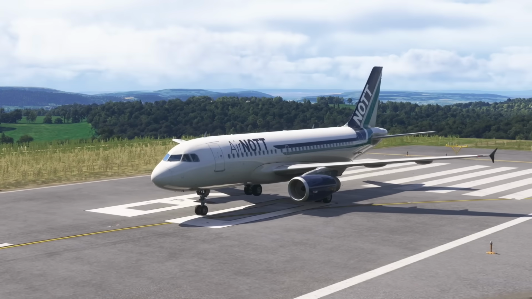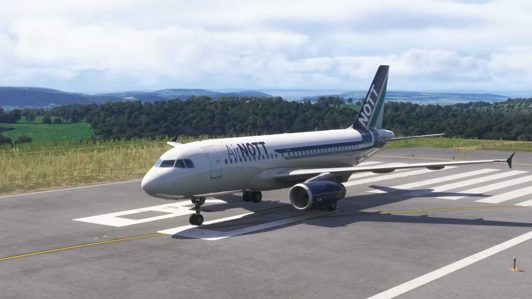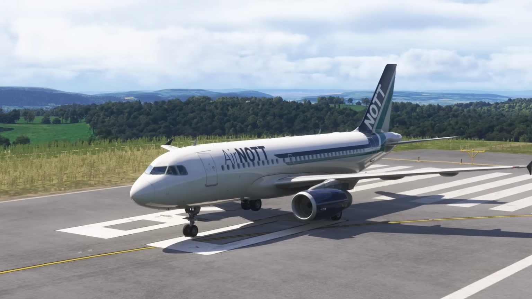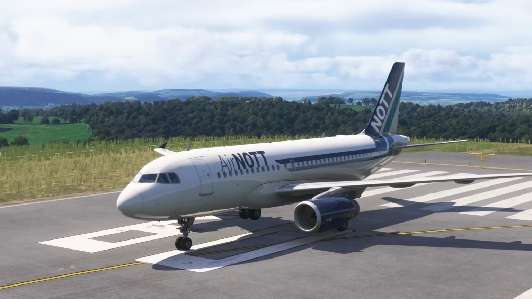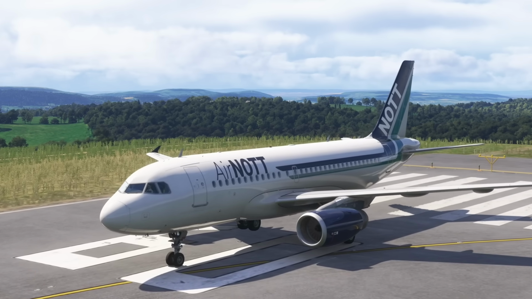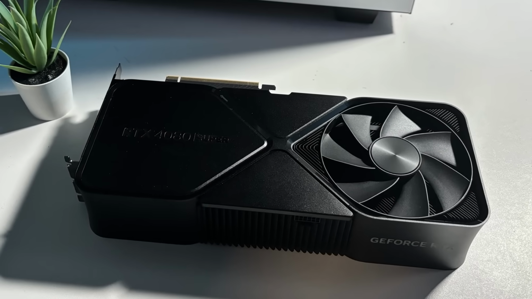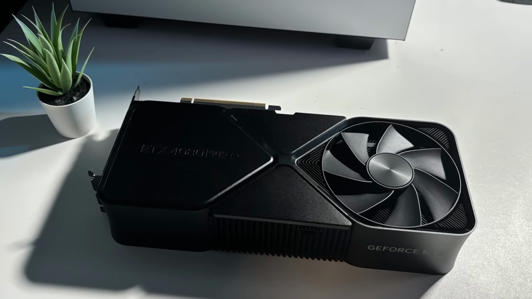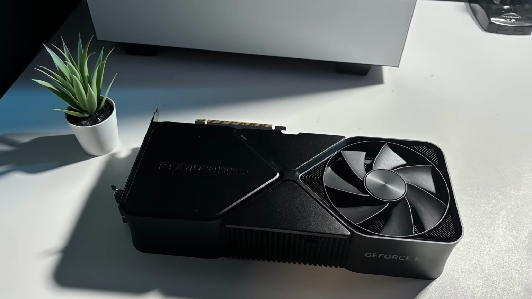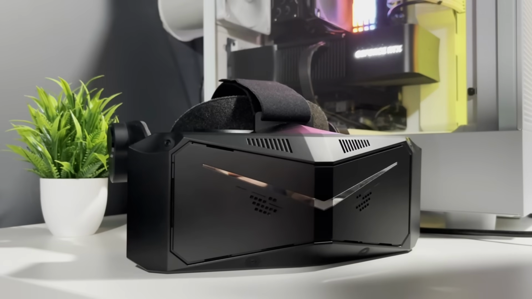So then, case closed, use the better one, DLSS, right? Well, not so fast, because as always with this stuff, it depends, and the devil is in the detail, and we need to go testing. We're going to be testing with my Nvidia 4080 Super today using my 4K TV that I use for simming, and we're also going to be testing in VR thanks to Pimax for lending us their Crystal Light and Crystal